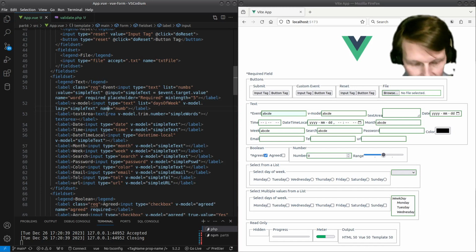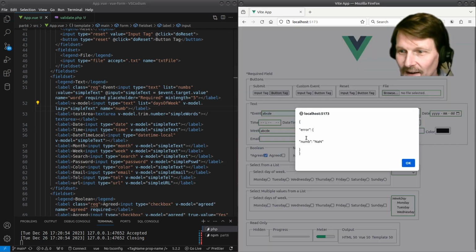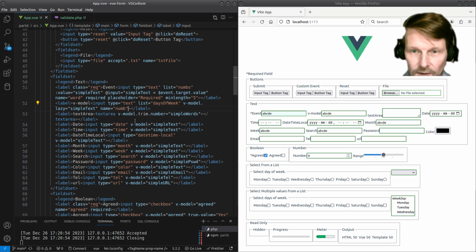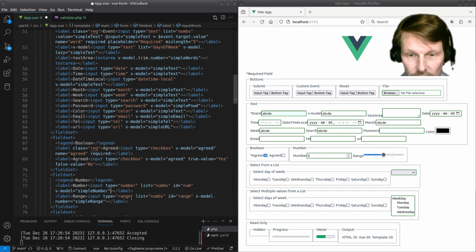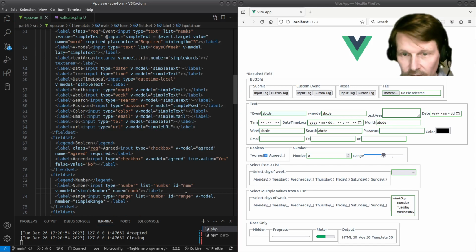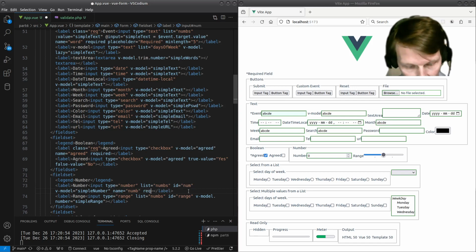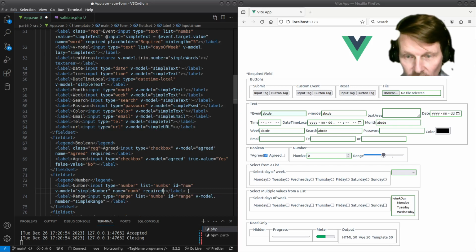Name. There we go, if you can spell it correctly. Error: num, not a number. So anyone who's familiar with JavaScript will know that NaN means not a number. Well, how about we use the number field? That's why the number field exists, to validate numbers. Good. And, well, we put in required, we put in